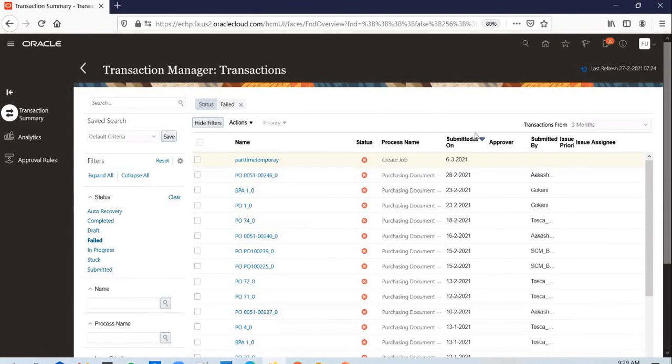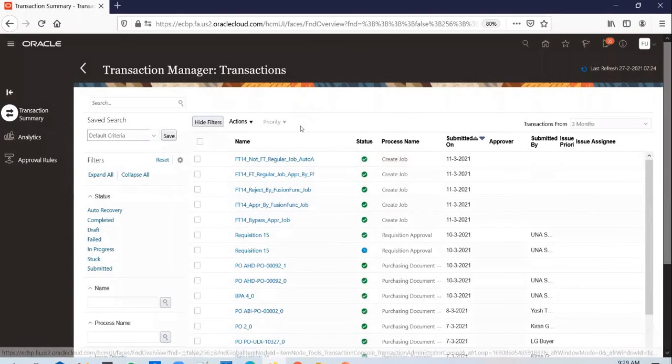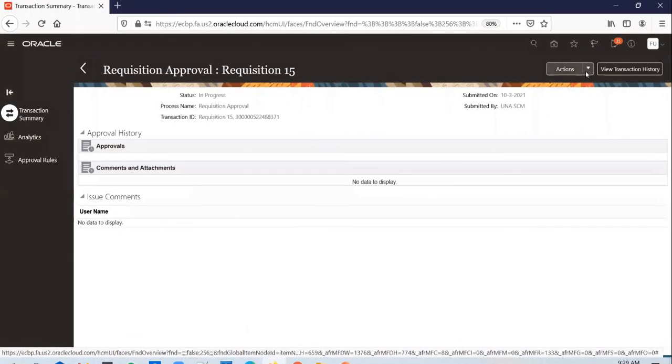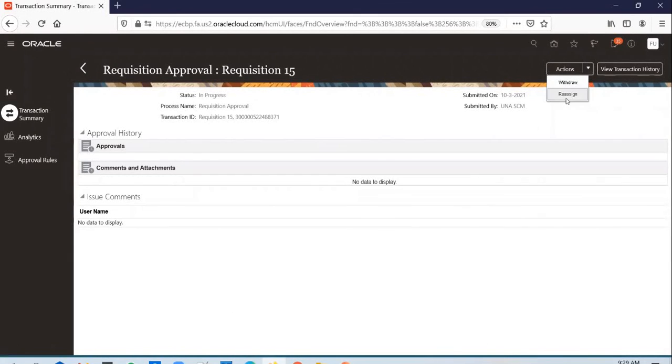You can assign them to a different user. And in some cases, the approver might have gone on leave, right? So in such cases, the request needs to be reassigned to someone else. If the request is in progress, but there is no rule to process it, you can get into the request and do a reassignment. For example, you go in there and you will be able to withdraw or reassign.